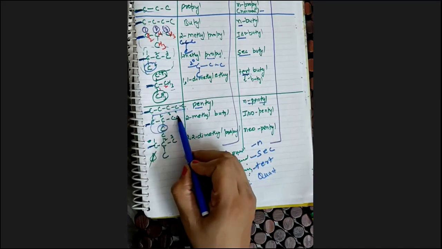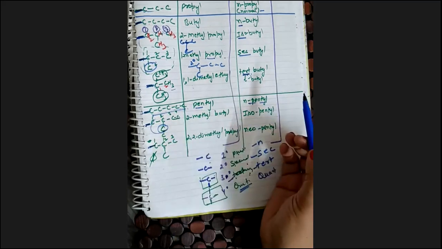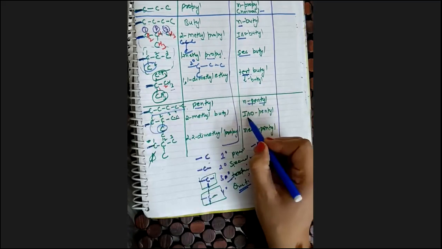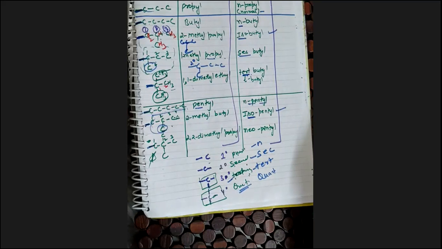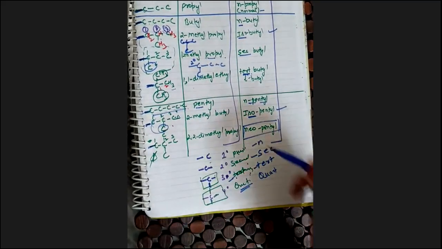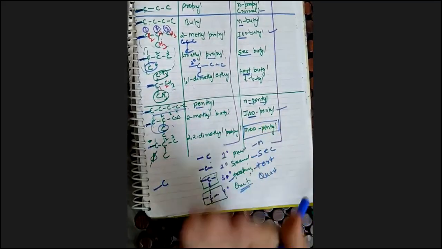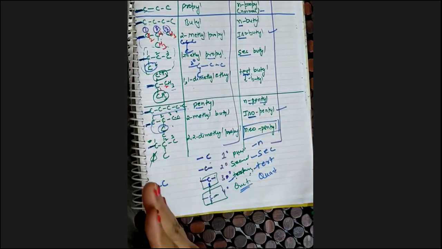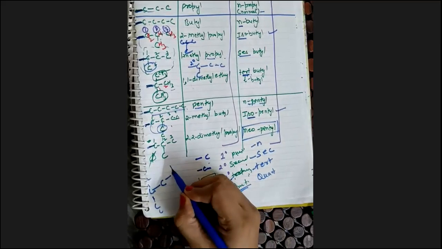So 1, 2, 3, 4. IUPAC name will be, on second we have a methyl group, 2-methyl, 1, 2, 3, 4 butyl. But for this type of arrangement, we use iso. See, iso, iso, iso, iso. Same arrangement is there. Okay. But I have already told you there is a different type of arrangement which is different from the others. Actually, this is neo. The word neo we use when you have a complex tertiary carbon attached through a carbon with the main chain. For example, this is your main chain, okay? I have this type of arrangement in